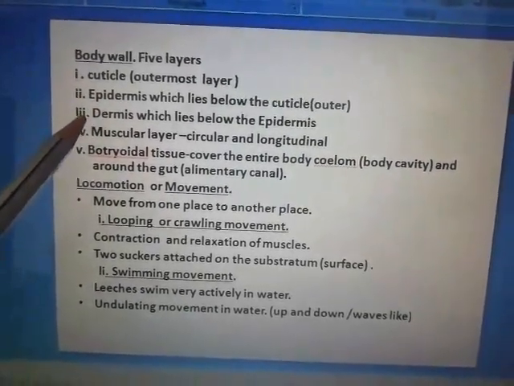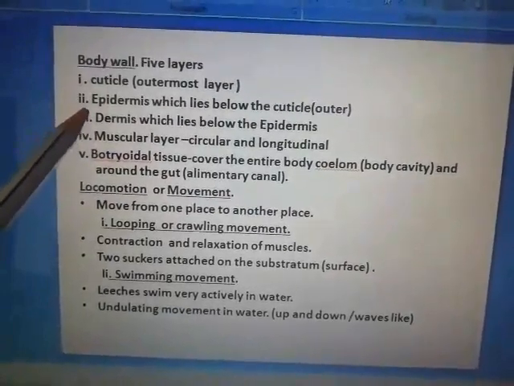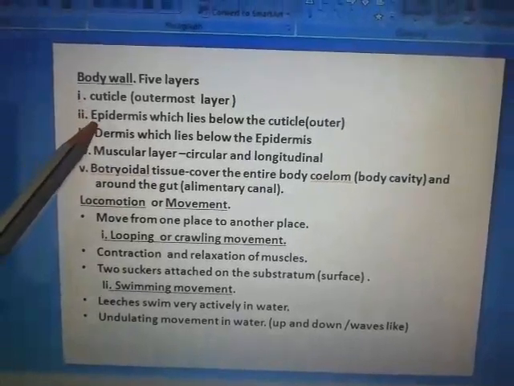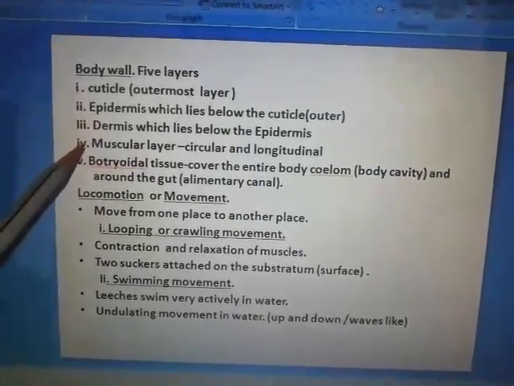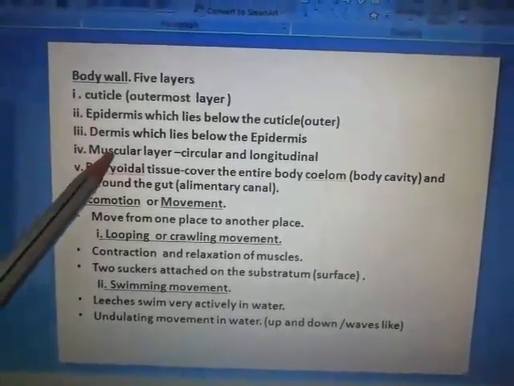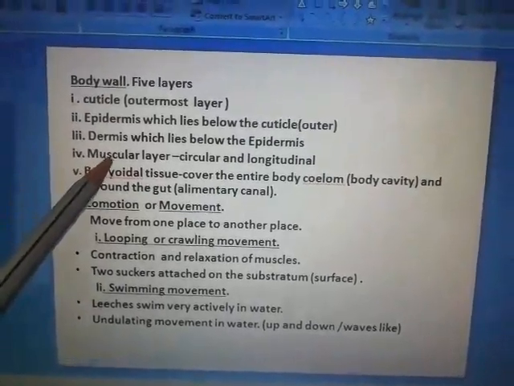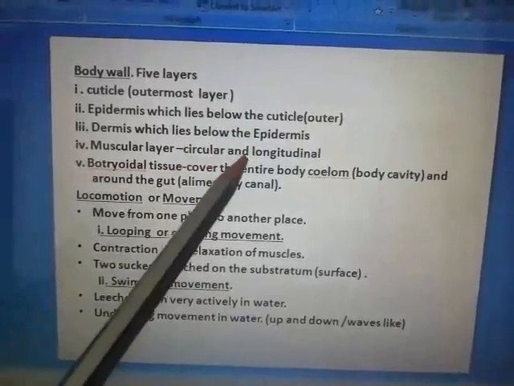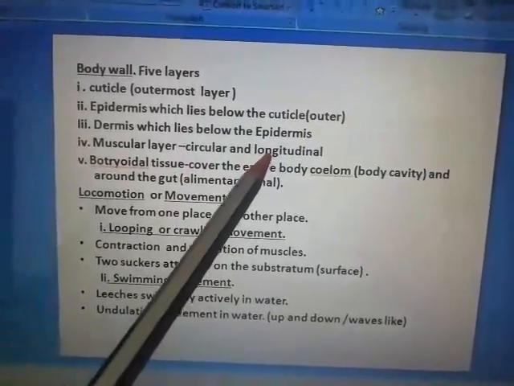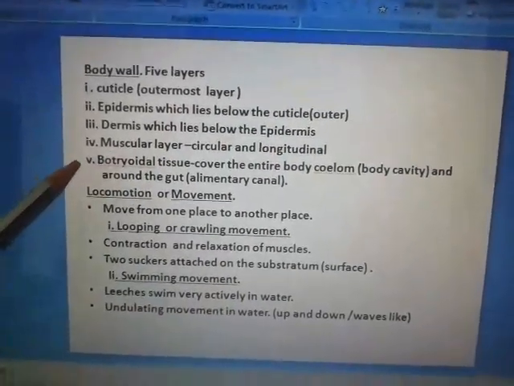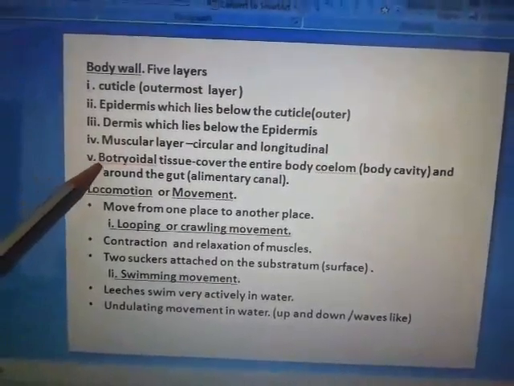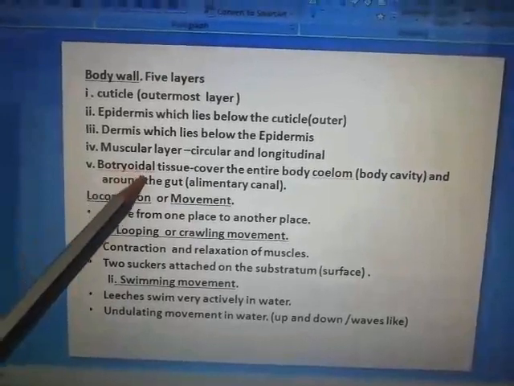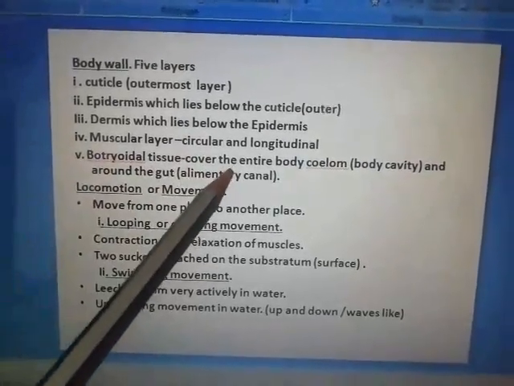Next, the third one is the dermis layer. It lies below the epidermis. Fourth layer, the muscular layer. There are 2 types of muscular layer: circular muscular layer and longitudinal muscular layer. Then the fifth one, botryoidal tissues. These botryoidal tissues cover the entire body of the